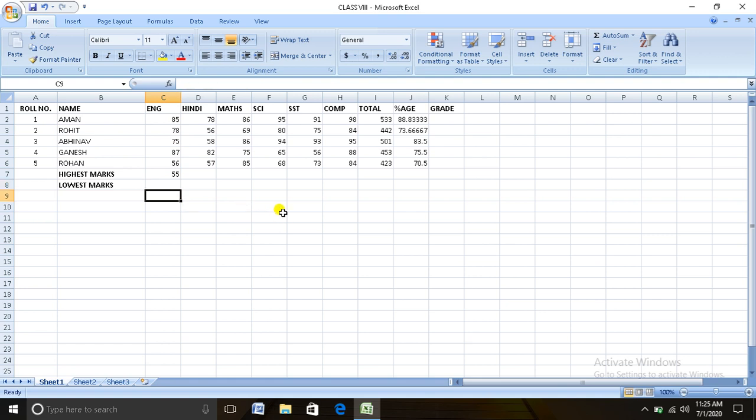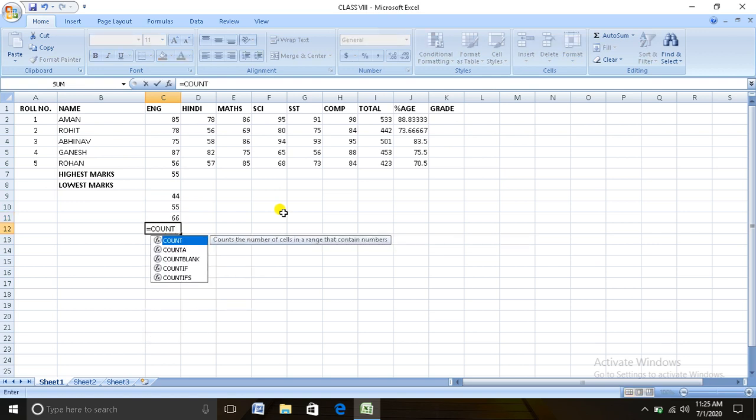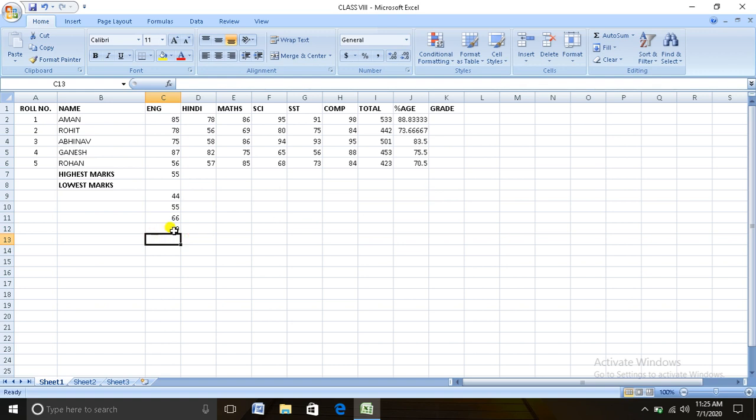Let us learn once again. If we write another number here and you want to use the COUNT function, COUNT, opening parenthesis, starting cell range, that is C2, colon sign, ending cell range, that is C11, and close the parenthesis. Now we have 9. Why do we get 9? Because there are 9 cells that contain a value. Let us count it: 1, 2, 3, 4, 5, 6, 7, 8, 9. That's why 9 is displayed here.